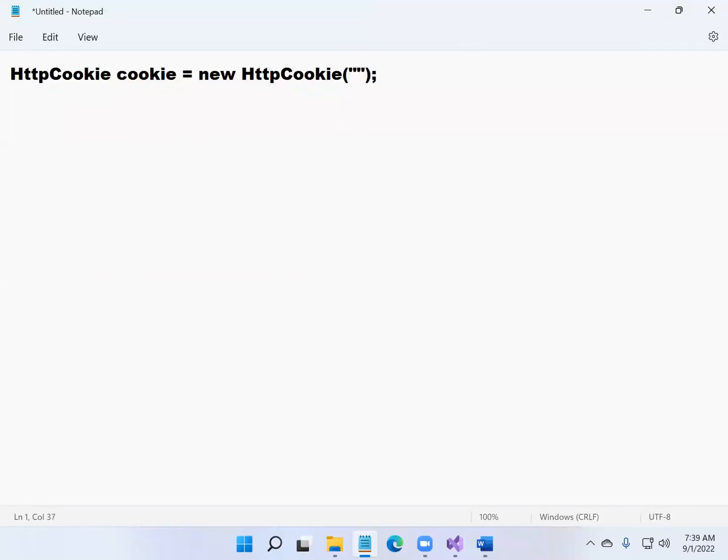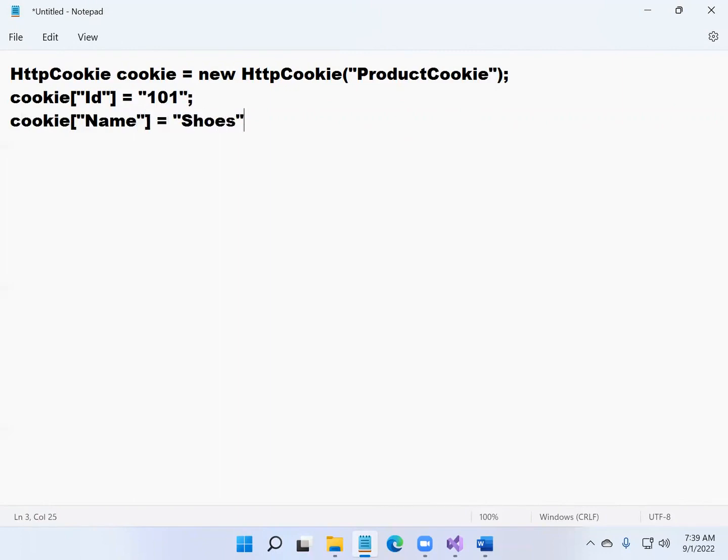I'm giving the cookie name as ProductCookie. Now, cookie["ID"] equals 101. cookie["Name"] equals shoes. cookie["Price"] equals